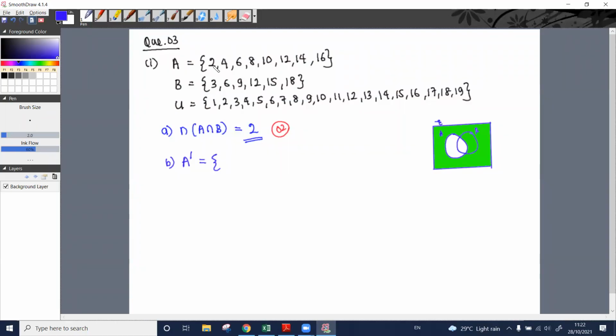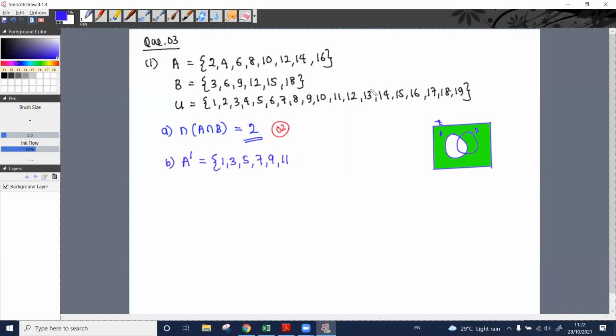If we take 1, can we see it in set A? No. So that belongs to the A dash area. 2, yes, that is in set A. 3, no, so that belongs to A dash. 4, yes, we can see it here. 5 belongs to A dash. 6 is there. 7, A dash. 8 is in A. 9 is not in A, so A dash. 10, yes, it is there. 11